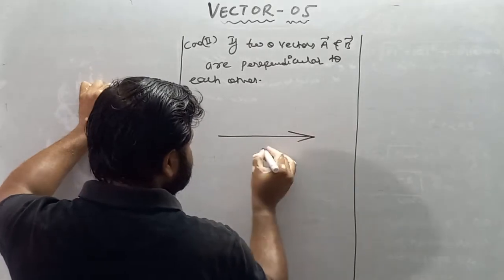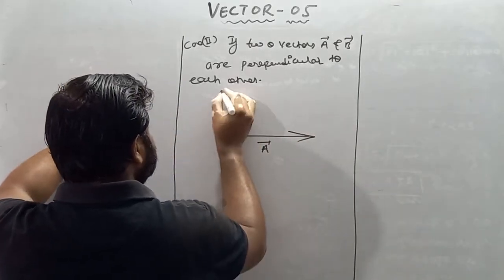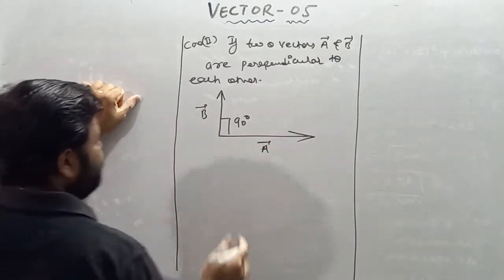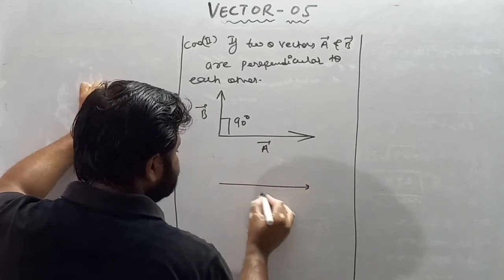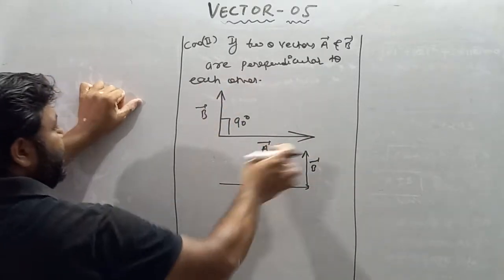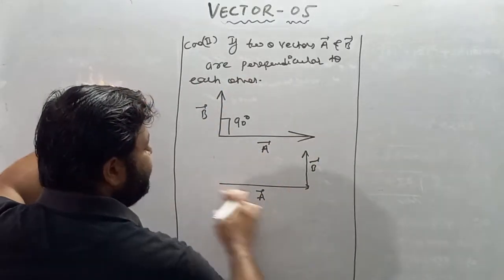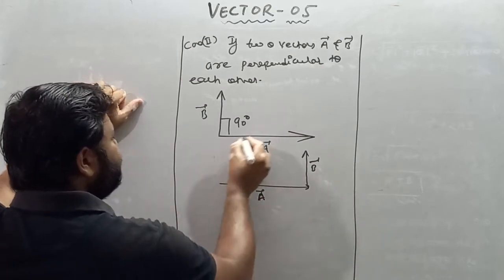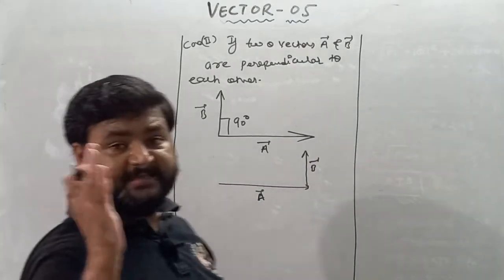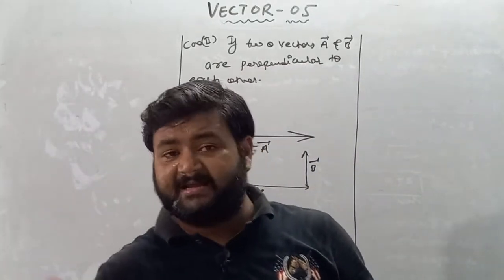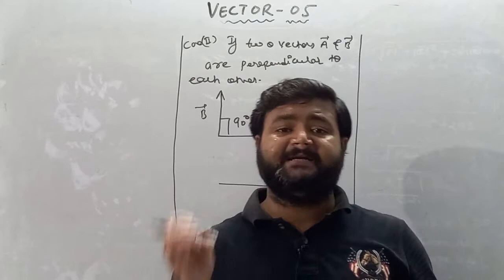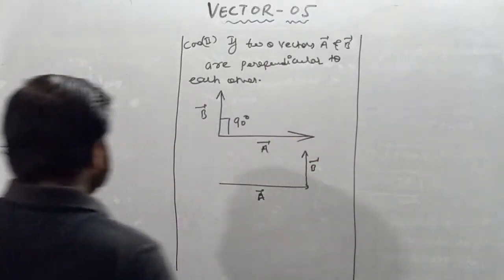Now see, we have two vectors, this is your A vector and this is your B vector. These two vectors are perpendicular to each other. Either it will be like this or it will be like this. Not to worry, because this is according to the parallelogram law of vector addition and this is according to the triangle law of vector addition, because in this case tail is meeting, and in this case head and tail are meeting. Still the formula remains the same, because whether you opt for the triangle law or the parallelogram law of vector addition, the resultant vector magnitude remains the same in both cases.